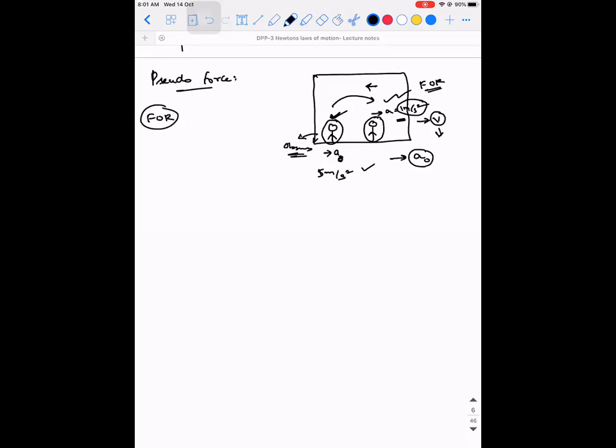So there are three scenarios possible. One is the frame of reference can be at rest, means its velocity is 0, or it can have a uniform motion. When it has uniform motion, its velocity is constant. And the third is it can accelerate, that is, velocity is varying, or A is non-zero. Here A is 0. Here also A is 0. You're able to understand the three scenarios, guys?